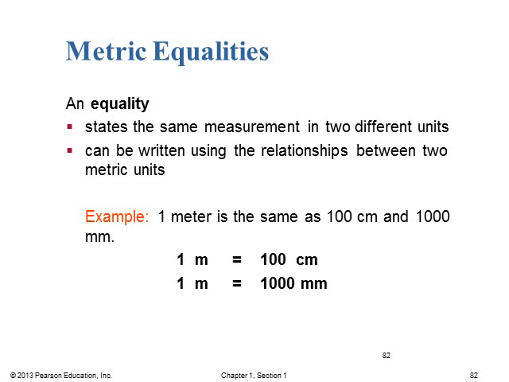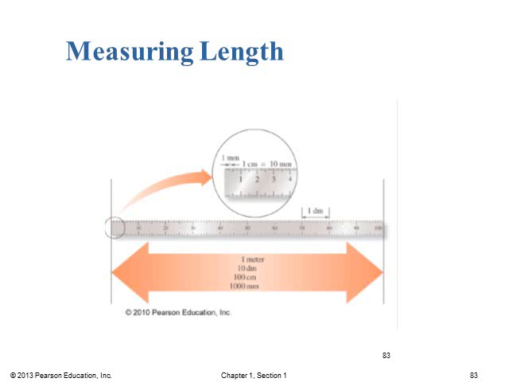And it also takes 1,000 millimeters for 1 meter. So a millimeter, if you recall, is 1/1000th of a meter because it takes 1,000 millimeters to add up to 1 meter. All right, and so you can see here on a meter stick, we have 1 meter, and that has 10 decimeters. So it takes 10 decimeters to add up to 1 meter. A meter stick has 100 centimeters, so it takes 100 centimeters to add up to 1 meter. And then we have 1,000 millimeters in 1 meter stick, so it takes 1,000 millimeters to add up to 1 meter.